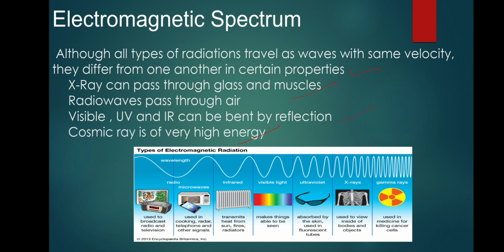For example, if you take the case of radio waves, that is what we used to use it for radio, TV, television. What we use is radio waves. In infrared, what you can see is that when you have some pain and all, when you go to the hospital, they will be sending you one radiation, that is infrared radiation. Visible is the one that makes us see all the objects. Microwave one, ultraviolet one, we have in sunlight. So if